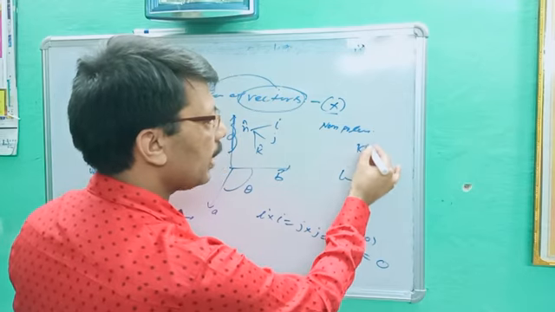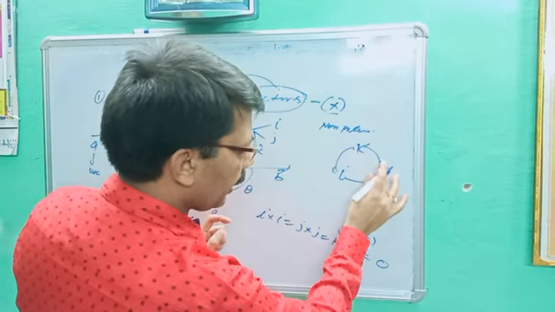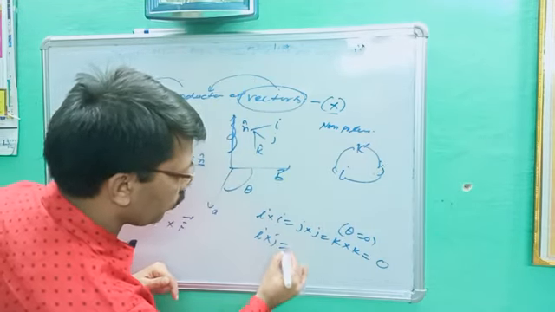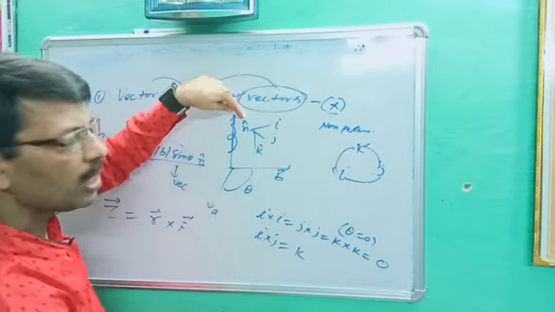While for another i, j, k, you better know this is non-polar. This is rotated like this. If you are rotating anti-clockwise, you can get the value very easily. What is the value of i cross j? i cross j is equal to the remaining one, k. It means here n cap will be k.